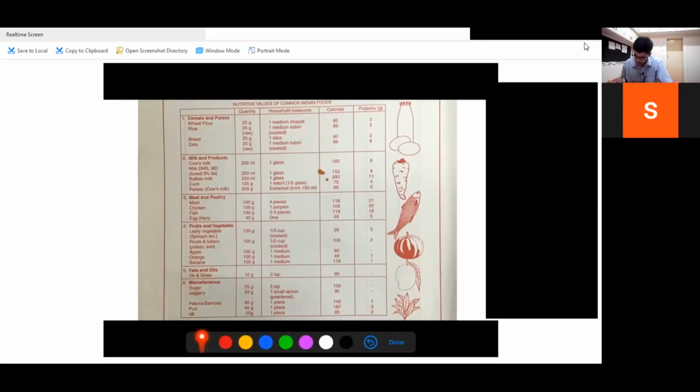each food product, like for example meat, chicken, fish, egg, has a certain amount of calories and a certain amount of proteins. So what is the importance of this? Because when you make a diet chart, it has to be according to the calories and proteins required, and how to reach the calculation we will study today. I hope many of you have copied this. If not, we will show this slide again in the coming slides.